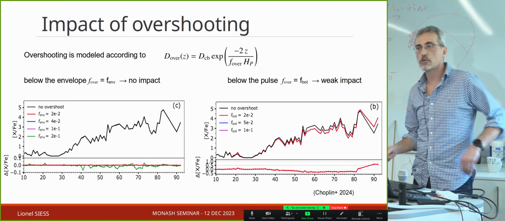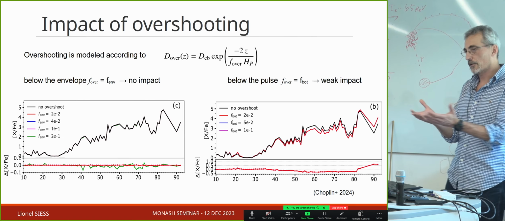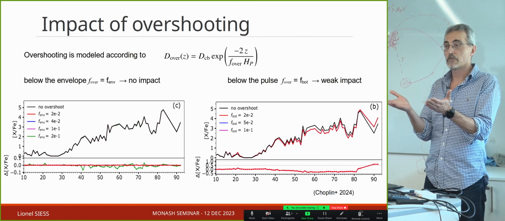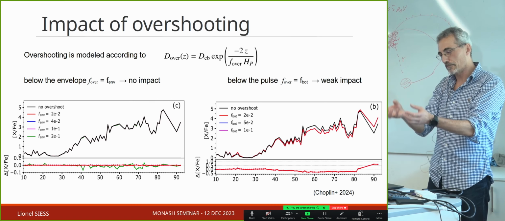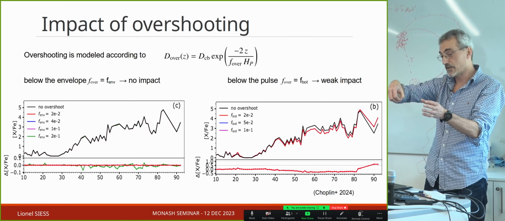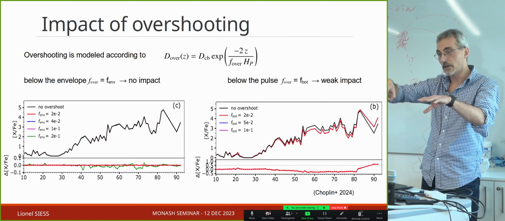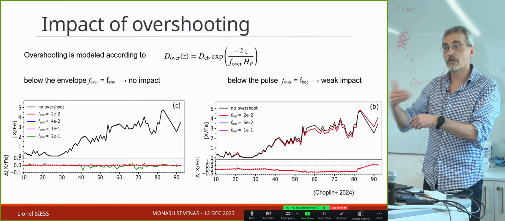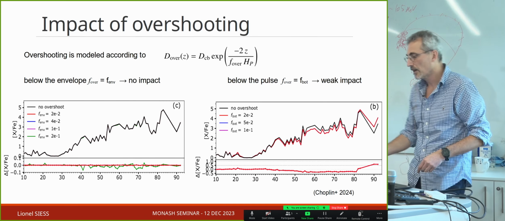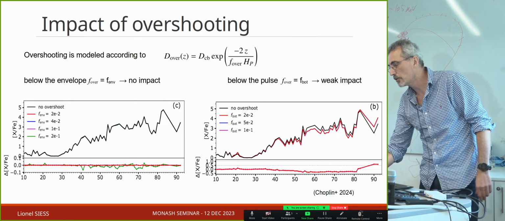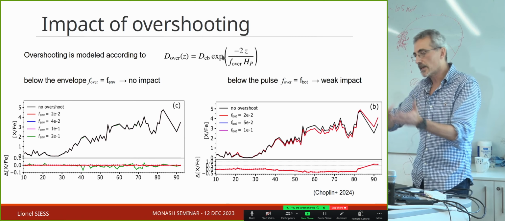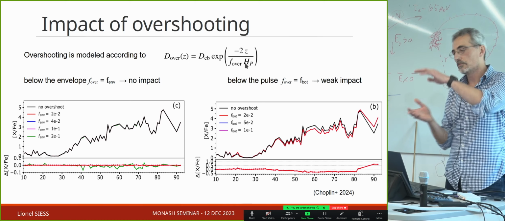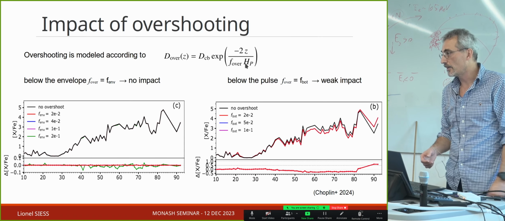So we implemented overshooting. Overshooting is typically when you have a convective boundary. What the Schwarzschild criterion tells you is that the acceleration is 0. It doesn't mean that the velocity is 0. So if you have blobs of material, the acceleration is 0 at the Schwarzschild boundary, but they still have some velocity, and the inertia can make some extra mixing beyond the standard boundary. There are various ways of modeling it. What we do is use an exponential decay of the diffusion coefficient. It's characterized by this parameter F, and HP is the pressure scale height at the convective